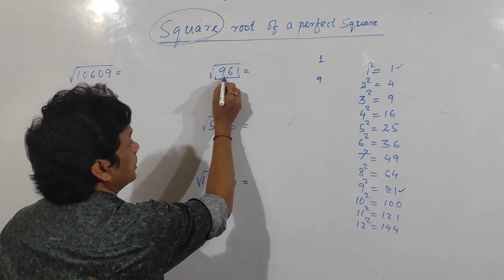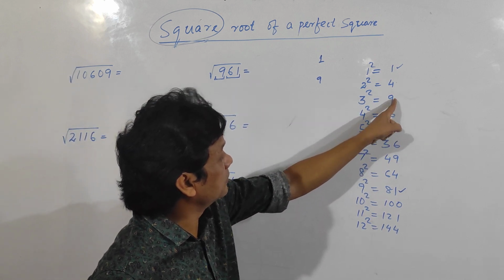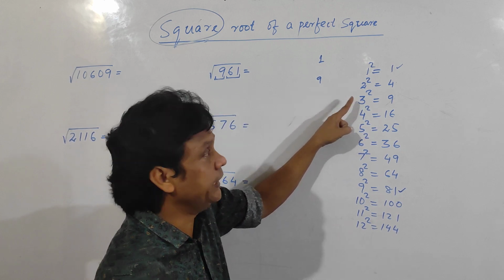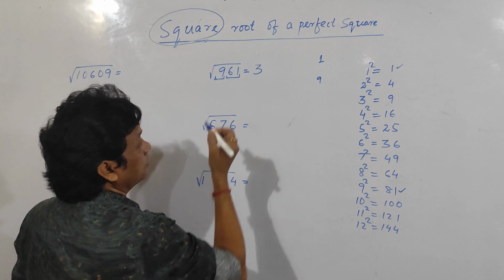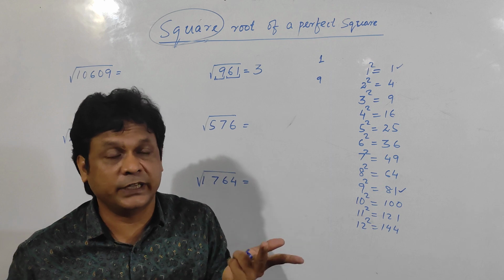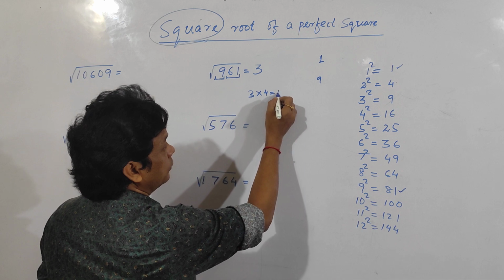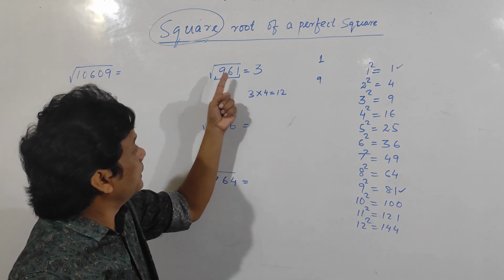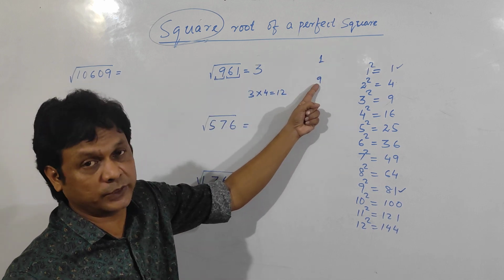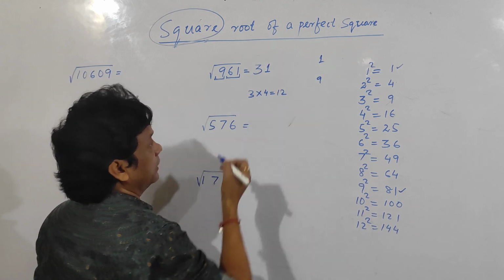So see here, take this number. 9 lies between these two numbers, 9 and 16. So take the smaller number, which is 3. So write 3 here. Now either it will be 31 or it will be 39. So how to find out? Multiply 3 with the next digit, which is 4. So 3 4s are 12. If this number is less than 12, then take the smaller one. If this number is greater than 12, then take the larger one. So since 9 is less than 12, take the smaller one. So the answer will be 31.